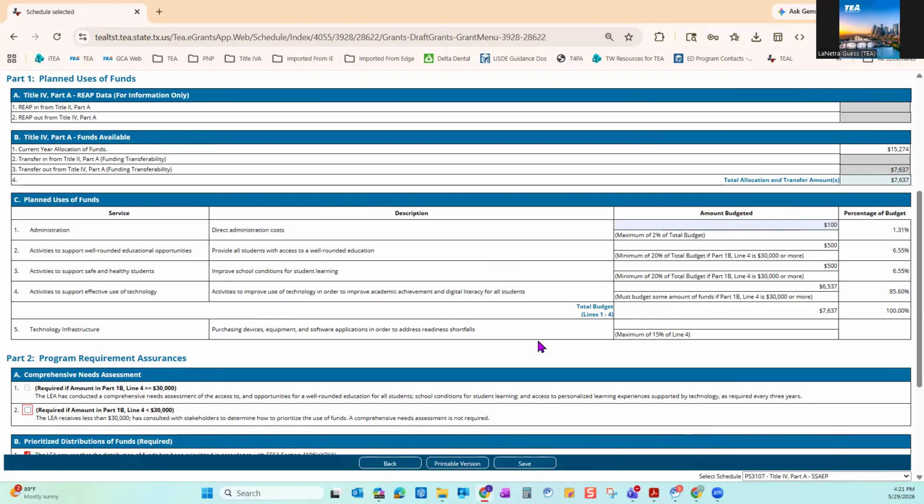The other thing that I want to let you know is for technology infrastructure, there is a maximum cap of 15% of what's in line 4. So if I do not use a technology infrastructure amount, that's fine. If I wanted to use an amount, it could not be greater than 15% of what I put in line 4. So I am going to go ahead, I'm going to reduce line 4, and I am going to put